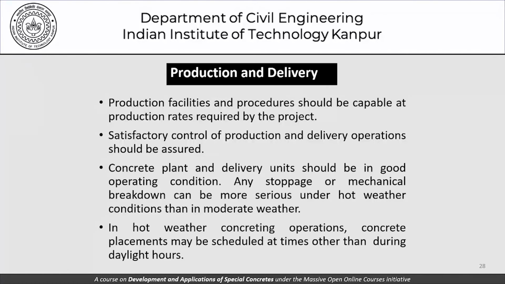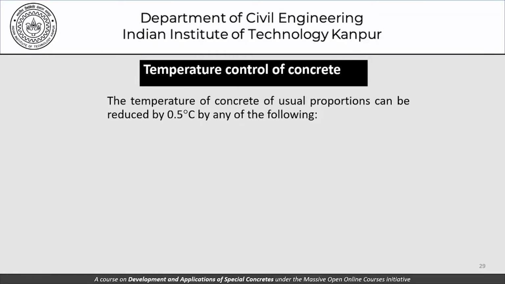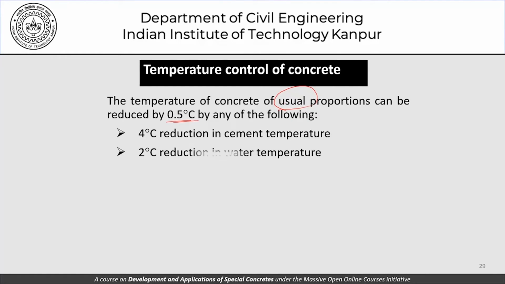As far as temperature control of concrete is concerned, here are some thumb rules. The temperature of concrete of usual proportions. Now here again, we are talking of usual proportions. We are not talking of some special proportions. Usual proportions can be reduced by 0.5 degrees centigrade by any of the following. 4 degrees reduction in cement temperature, 2 degrees reduction in water temperature, or 1 degree reduction in the temperature of